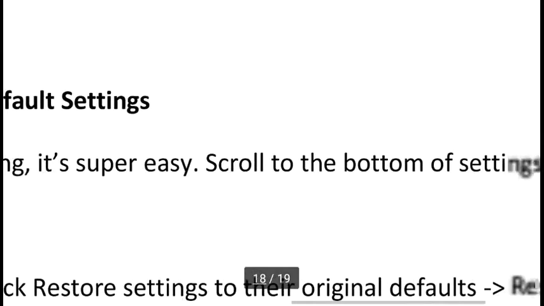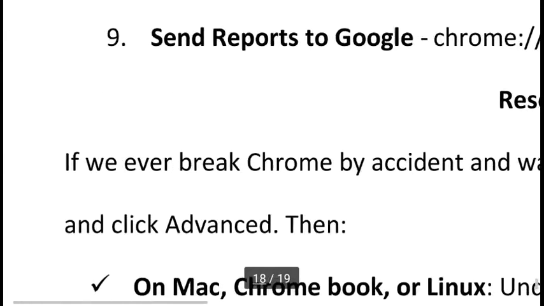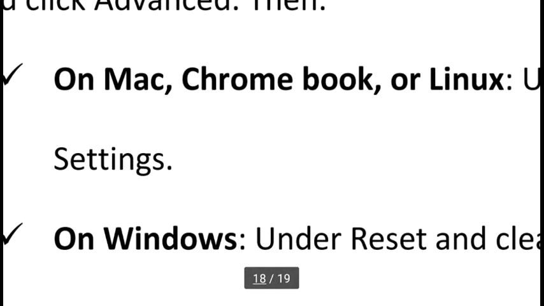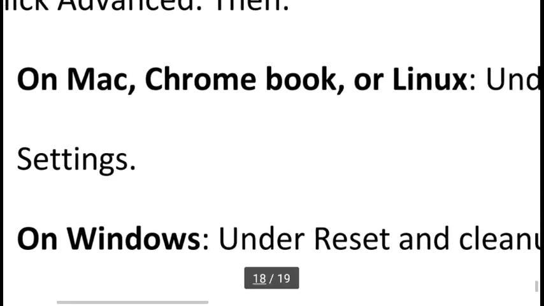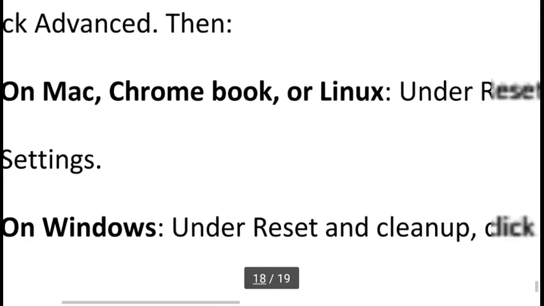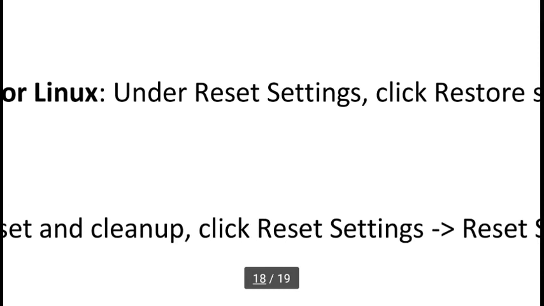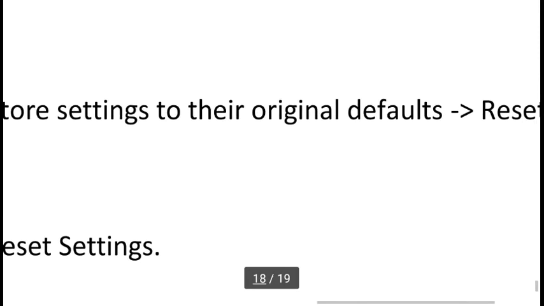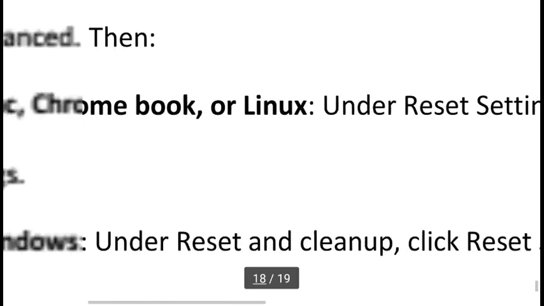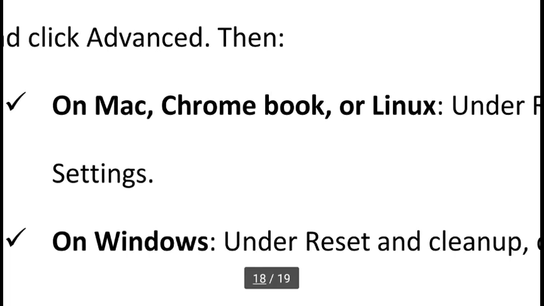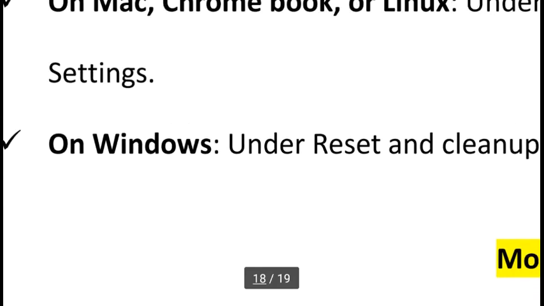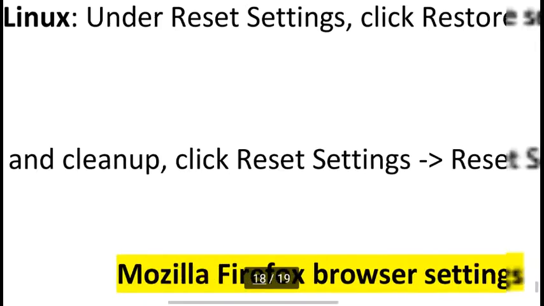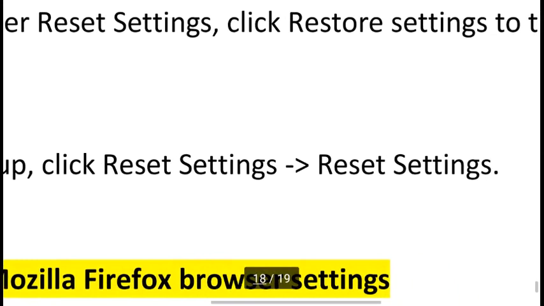Scroll to the bottom of the settings and then click advanced. Then on a Mac, Chromebook or Linux operating system, under reset settings, click restore settings to their original defaults and reset settings. Okay, for Windows, which we generally always use, under reset and cleanup, click reset settings and reset settings.